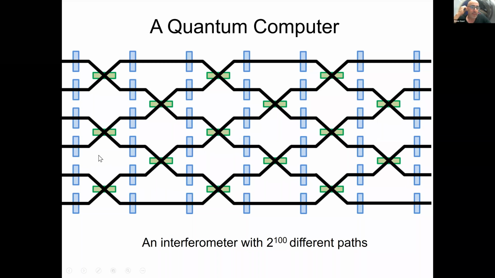So one way, and this is again an example for those of you who feel a little more comfortable with ideas that come from the world of optics. If we spoke before about an interferometer, a device that splits a single laser beam into 2 different paths, a quantum computer is really like an interferometer, but an interferometer with 2 to the 100 different paths. If this quantum computer has 100 quantum bits in its register, it's a highly complicated device.